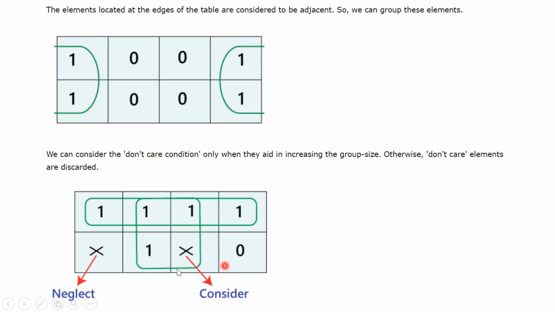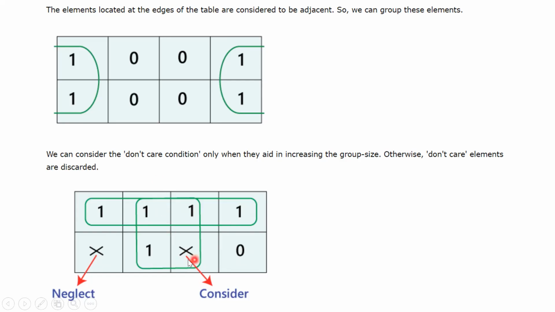Okay, so suppose this was the truth table. यहाँ पे तो 1 2 3 4 5 entries of 1 were there, and 1 entry of 0 was there, and in that, whatever function we had, this was a don't care condition. So for don't care, I am putting a cross. Now when I am using the min term expression, when I have a don't care condition, I will consider it as 1 only. If I am doing the product of sums, that is my max term condition, at that time the don't care, I will consider it as 0.